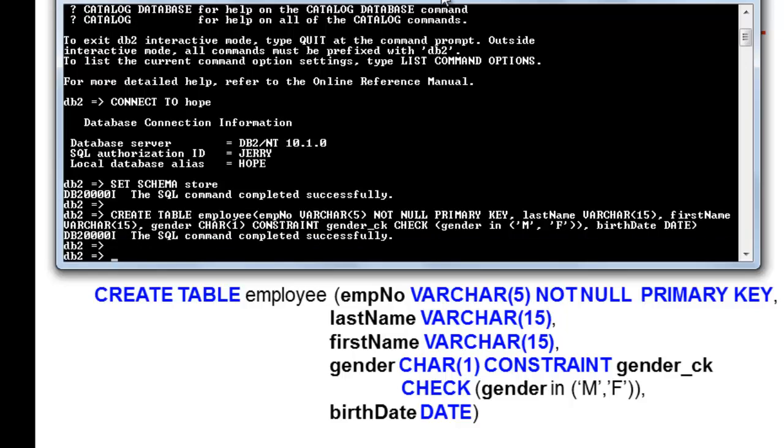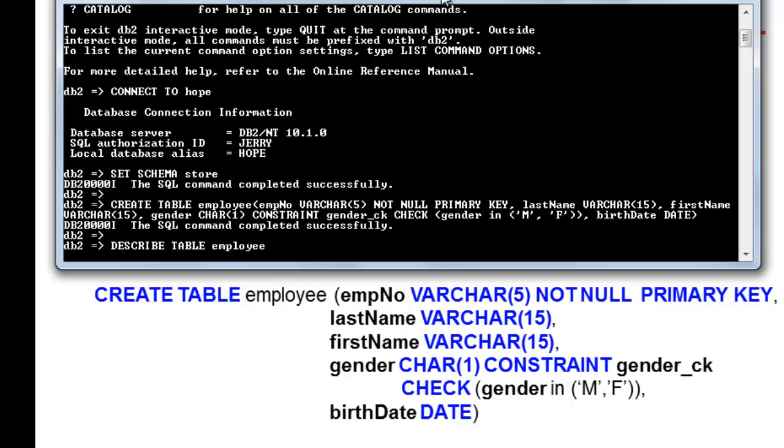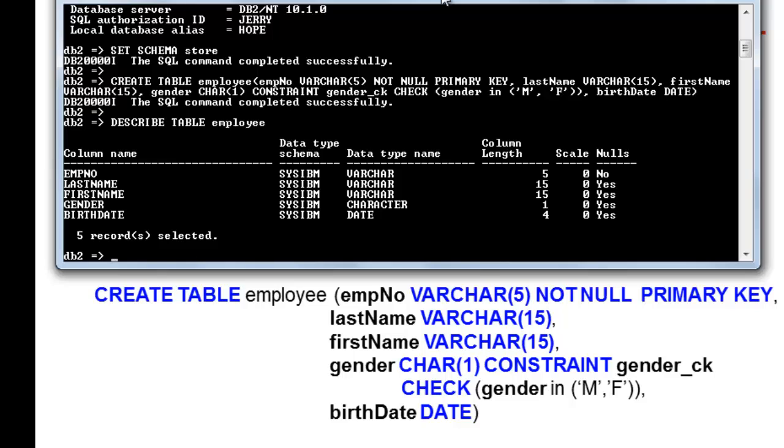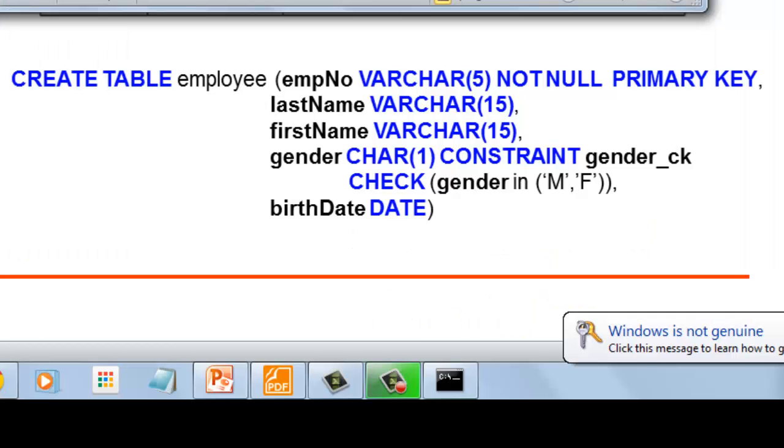Let us check our table. What have we done so far?